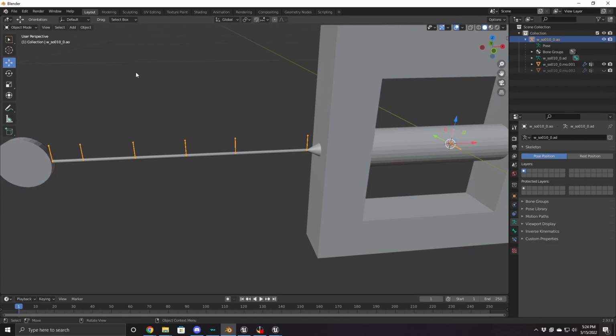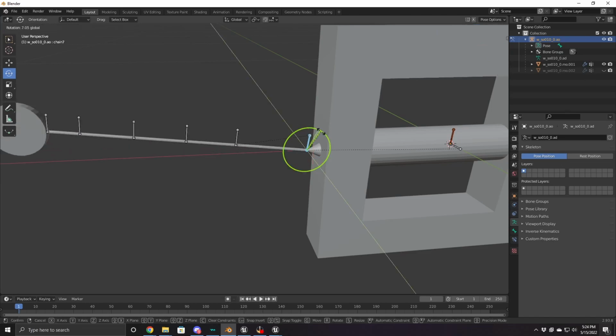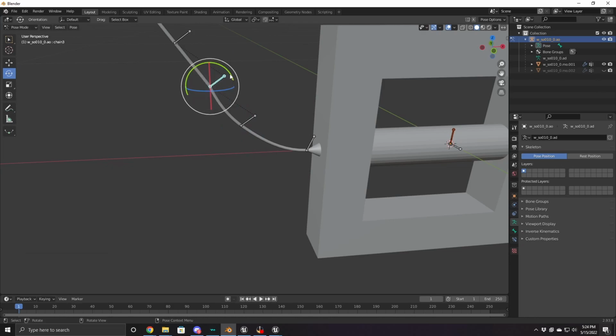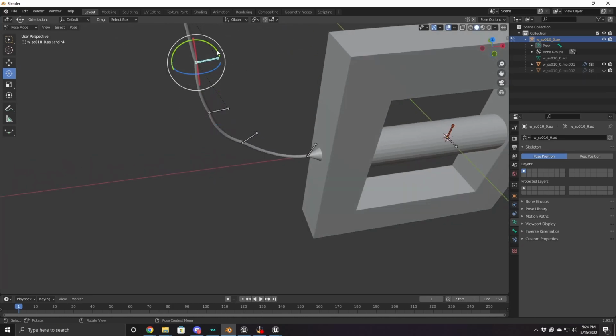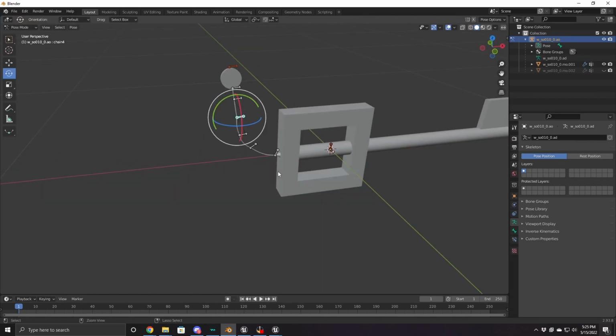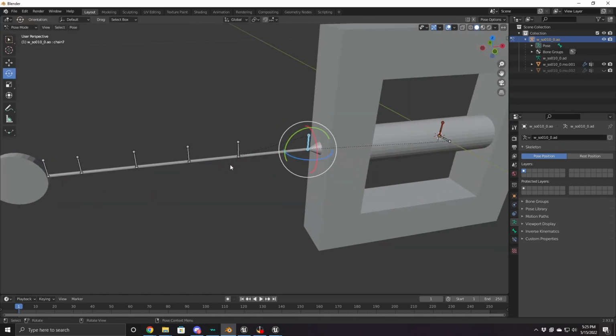And then I'll just show you an example of why you might want to do this if your quote unquote chain is more of a string. So I'm just going to pose it just to show you. You notice when I start turning it, the turning is very smooth, which is really nice. So yeah, that is how you do a string. Now I'm just going to go back to a normal chain because that's how I just made this model. But you can do either way, and that's the only difference in the process